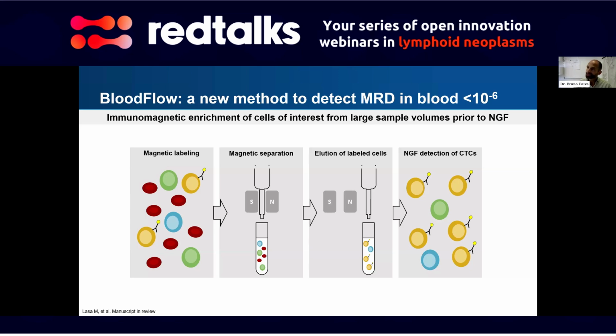Now, blood has 2 main advantages compared to the marrow. Well, 3. One is convenience for the patient, less invasive. Second is hemodilution. There is no risk of hemodilution. It's blood. Third, you can ask for more volume. You cannot ask for a large volume of bone marrow because the more you ask, the more hemodilution. By contrast, in blood, you can potentially ask for as much volume as you need to increase the sensitivity of